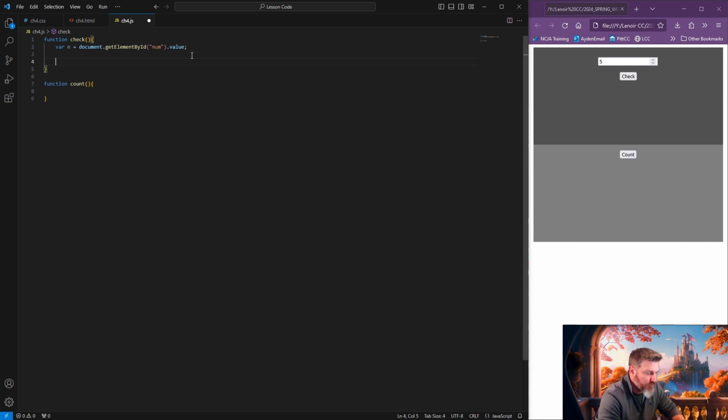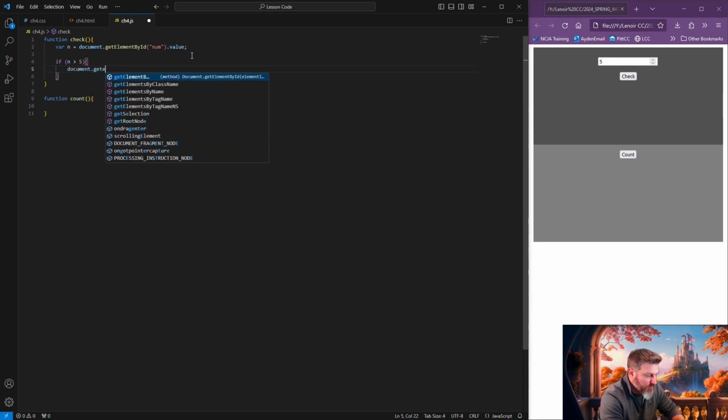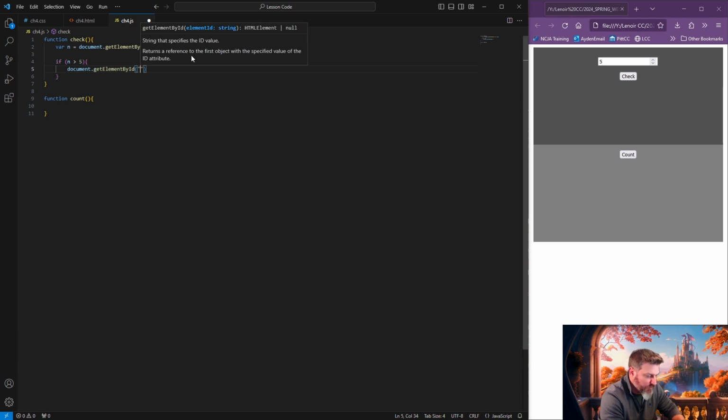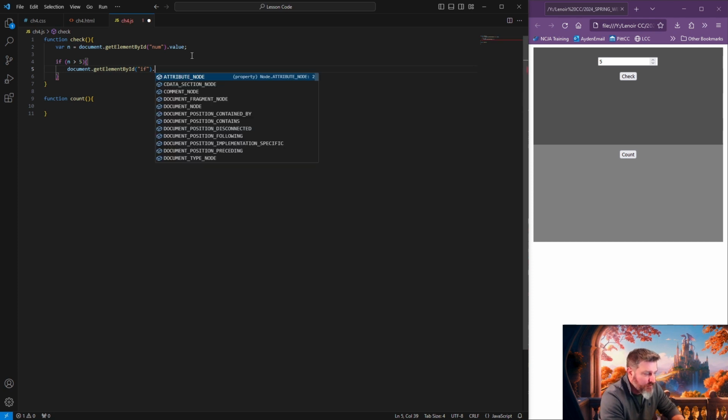And let's say we want to do something. An if statement is like this: if and parentheses. Your conditions or arguments will go within the if statement. So if n is greater than 5, we want to do something. And after your parentheses, you have your squiggly brackets. And here, get element by ID, and we'll do this if. We're going to grab the if div, and we're going to write some HTML code inside there,